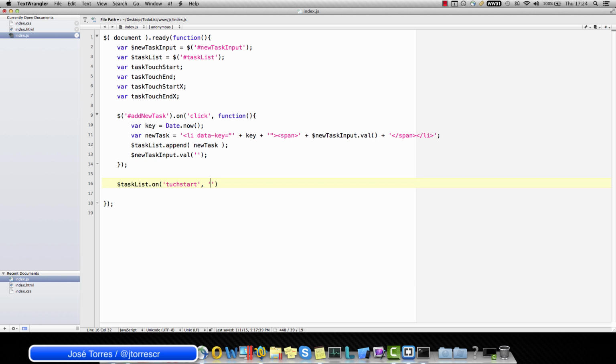It is in a list item, so li, and this is what I want to execute when my touchstart event is fired. So basically I'm going to say var start is equal to document.elementFromPoint,